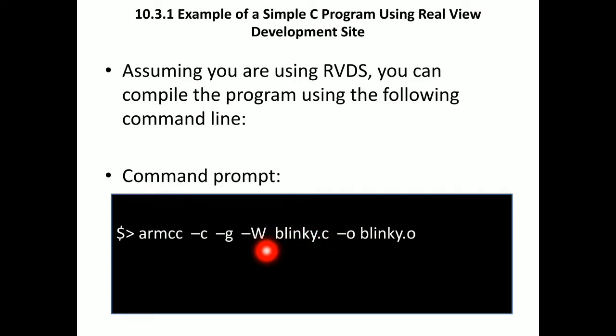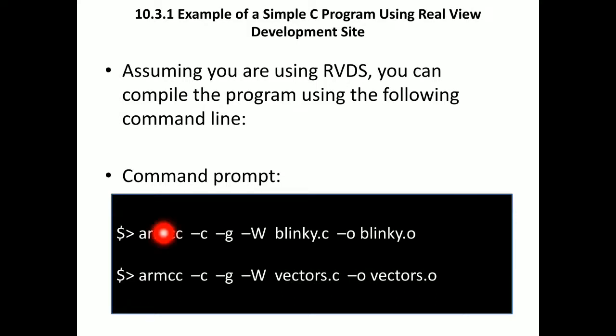This will generate an object file, no doubt. This line up to blinky.c will generate an object file, but we want that object file with an identifiable name. So we'll be naming it as blinky.o. So whatever object file is generated by this instruction will be saved as blinky.o. Else it will be saved as some unknown name. That unknown name usually will be a.o. So we don't want that unknown name. We require some specific name. So we will be naming the object file also. This is the instruction for compiling the C program.